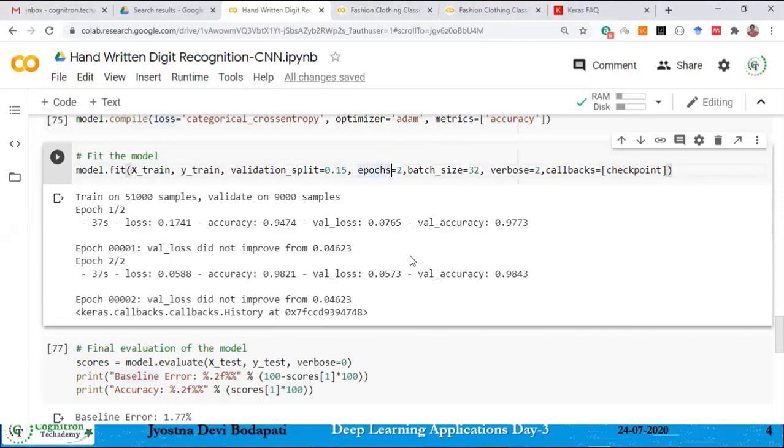So you have 3 different kinds of learning: online learning, batch training, or mini batch training. These are the different kinds of learning you can use. If you are using online learning, after showing each sample to your model, you need to update your weight parameters. That's what online learning is.